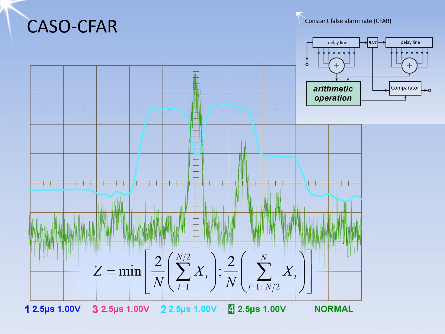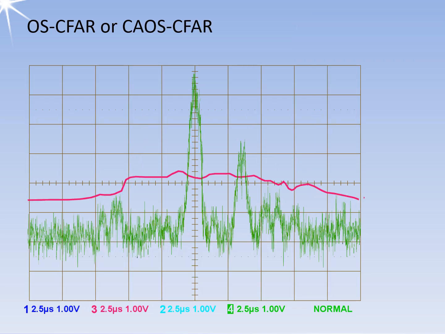the illustration shows. The difference between CAGO and CASO is evident on the display, particularly at the edges of larger areas with fixed targets. This is noticeable when there are significant disturbances to the left of the target but not to the right. In the case of the ordered statistic, OS, in the first step, all values of the tapped